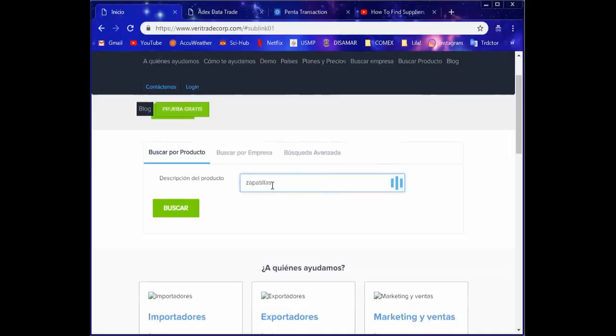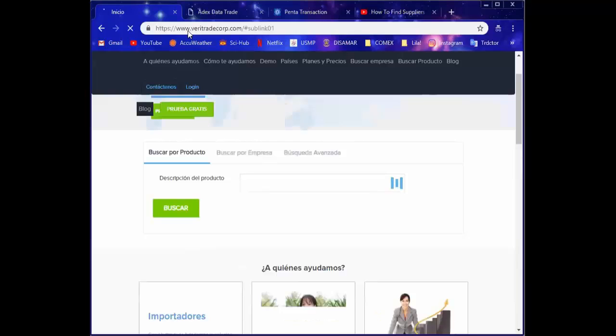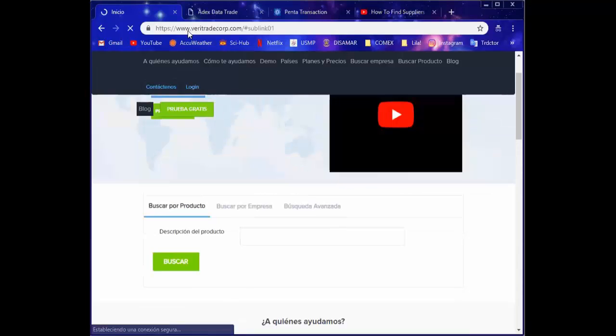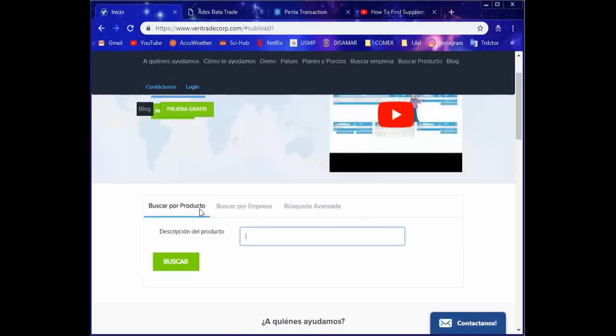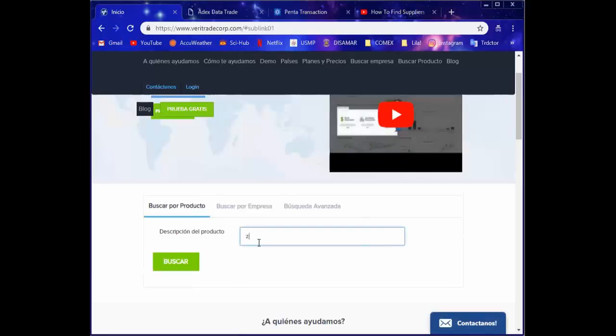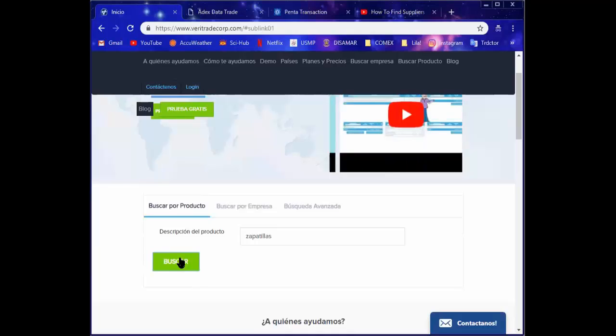I'm going to put it in Spanish because the web page is in Spanish. Let me check. It looks like we have to reload. Okay, now we are here. We can look by product. In this case, we're going to put the product in Spanish, and we're going to click on search.